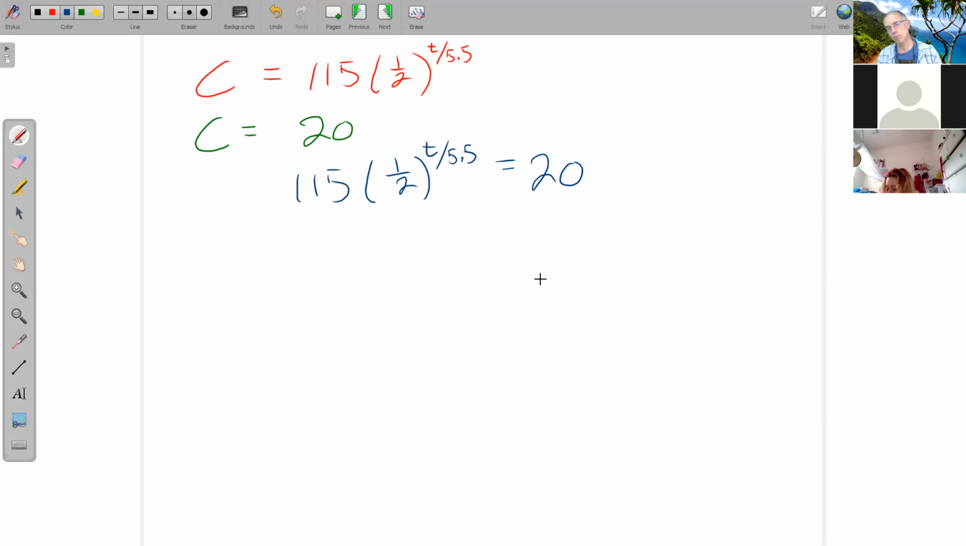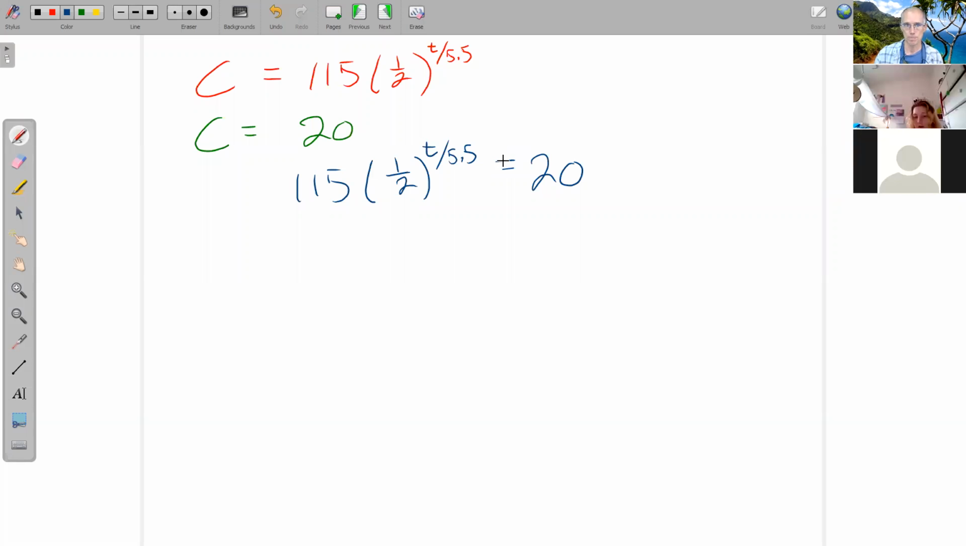So based on the problems we just solved, what do we do first to solve this one? Any suggestions? Would we divide by 115? Yeah, excellent. We divide by the 115, because that's the furthest thing away from T. So I'm going to divide by the 115. And then that cleans up. The 115 is divided out. So now I have 1/2 in parentheses to the power T over 5.5